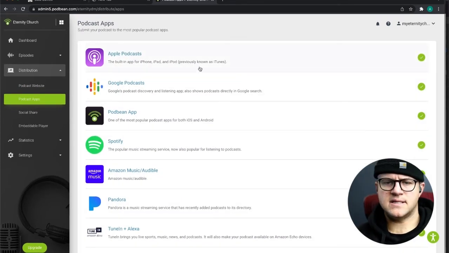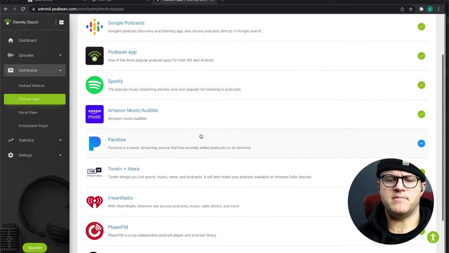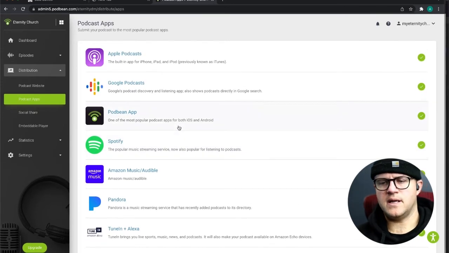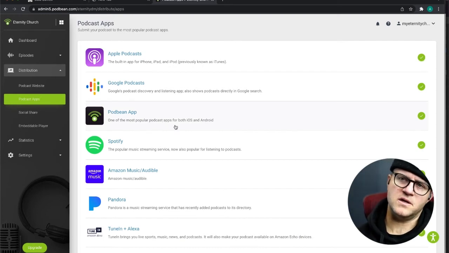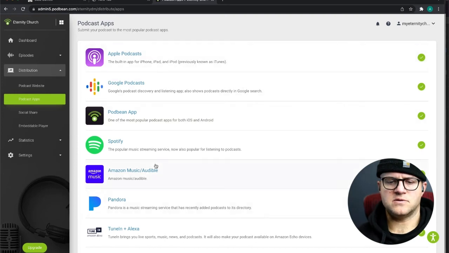Apple Podcasts does take a little bit of time to get approved, and some of the others are faster. I believe the fastest is probably Spotify. Podbean obviously is the fastest one of all of them. There's not a lot of hoops to jump through, but make sure you set up all of these in advance before you publish your first. Maybe you publish your first one and then add some destinations as well. I do think it pushes once you've uploaded these.